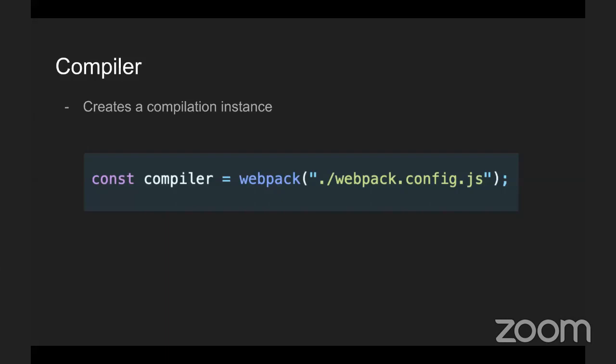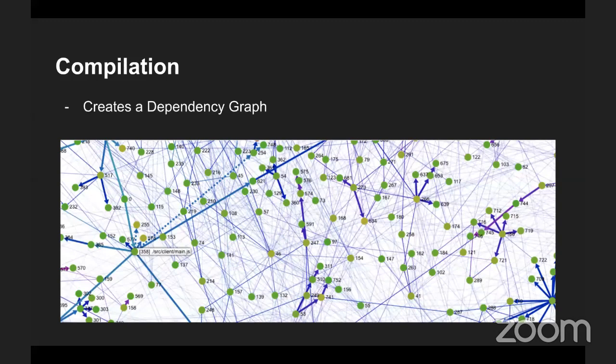So the second one in the list was compilation. Okay, don't mind the dependency graph, which looks very complex. Even I didn't understand what that is about. I just got a random image from Google, but it has something like source client main.js, so I felt it's very informative. So compilation, as I was telling, Webpack, before bundling things, right?